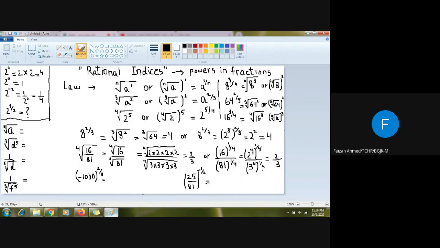We have a question. We have a fourth root of a, and we are asked to convert this in index form. So we can convert it in index form. Since there is nothing written over here, I can write 1 over here, and 1 will be in the numerator and then divided by 4. So this is the required index form. The next question is cube root of d to the power 5. I know that this is 5, so I will use this 5 as the numerator, and I know that this 3 is the root index, so it will come in the denominator like this. I'm just converting my question into index form.